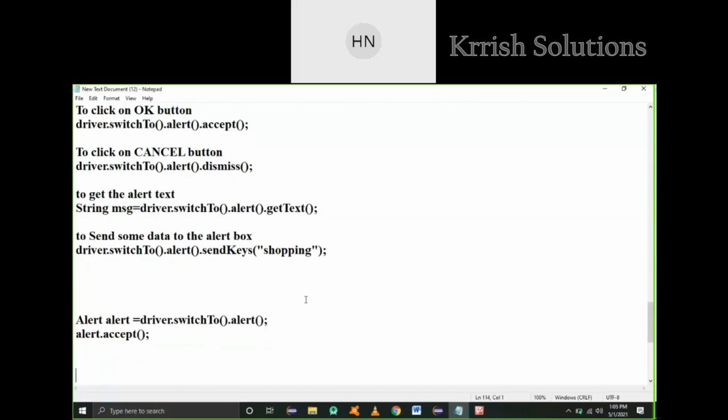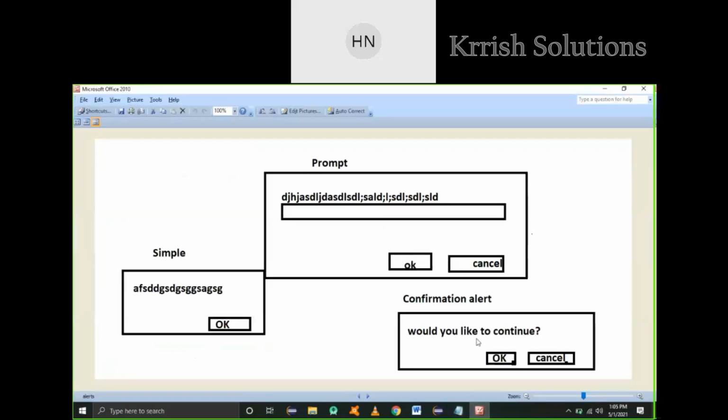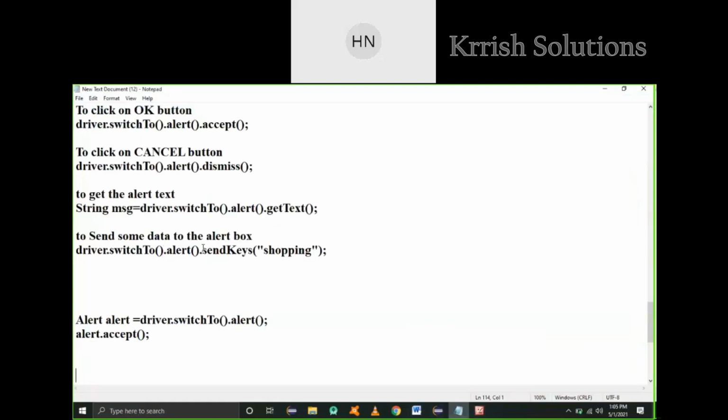Okay, we are discussing alerts now. Understood. So now we are done with alerts, right? Yes. If you want to click on the OK button, you can go for the accept method. For the Cancel button, go for the dismiss method. If you want to send some data, go for the send keys method. If you want to extract the alert message and display it on the console, go for the get text method.